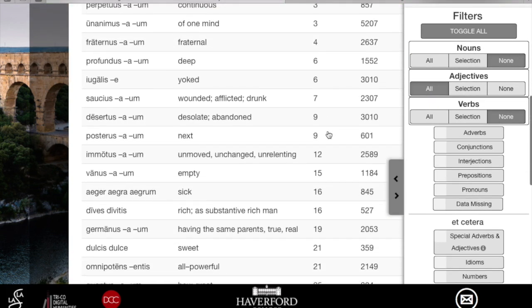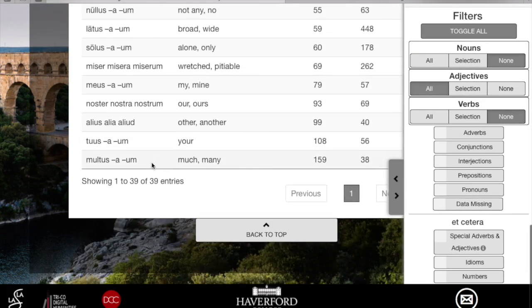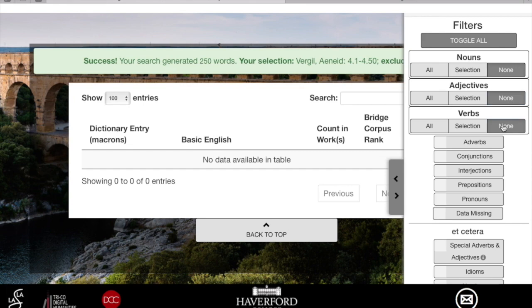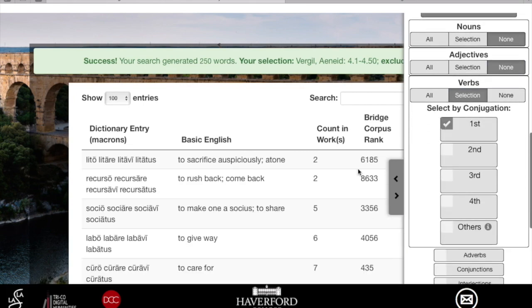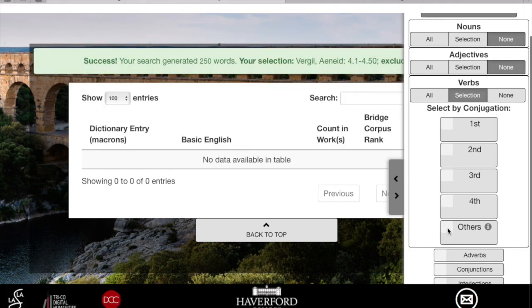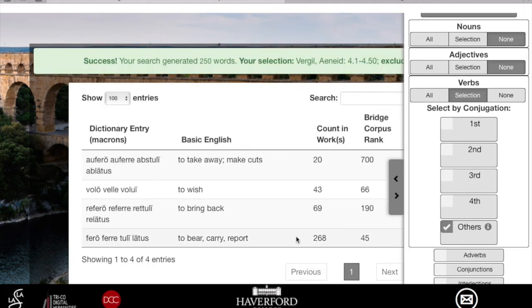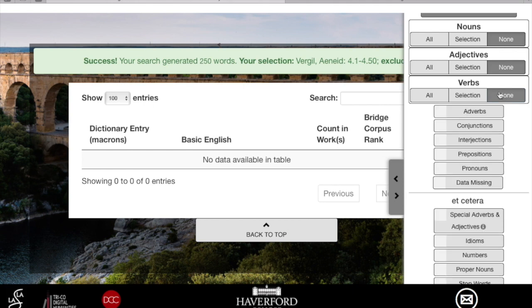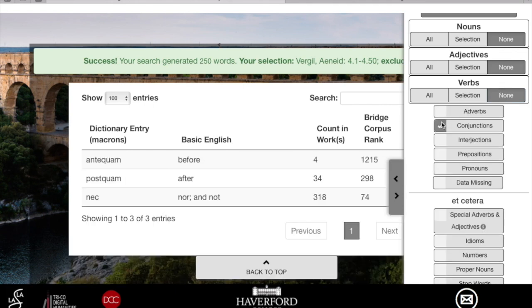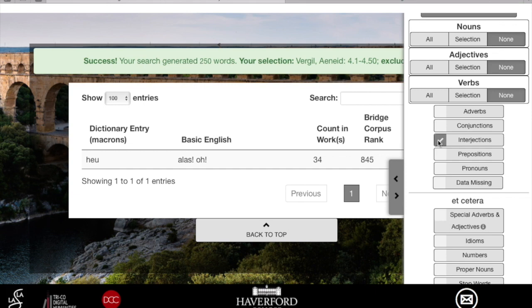At the bottom of your list, note that you can always find exactly how many words are being displayed. For adjectives, you can also select declensions. For verbs, you can select conjugations: first, first and second conjugation, just second, only irregular verbs. You can also reveal only adverbs, conjunctions, interjections,